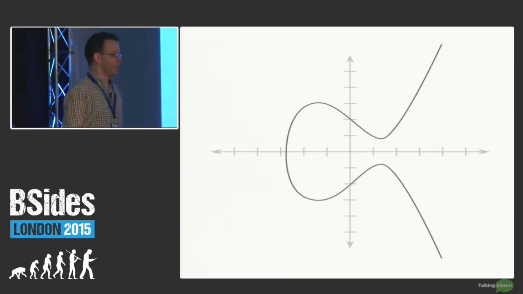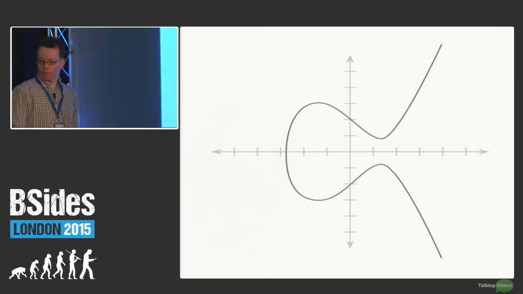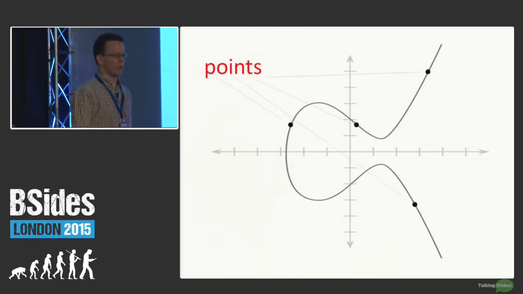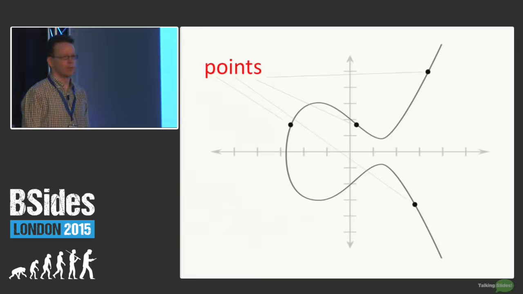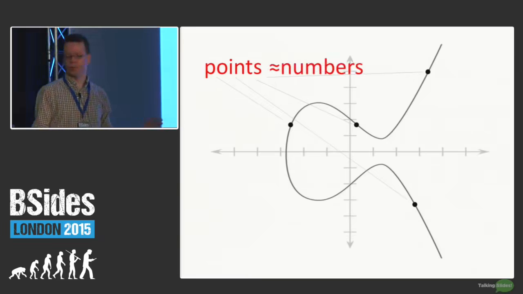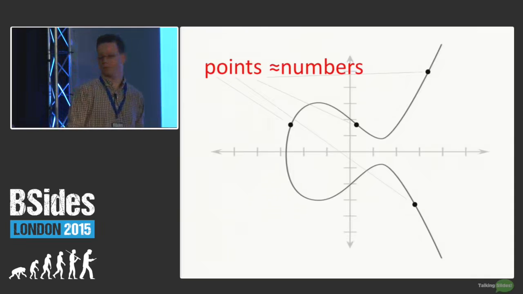What is more important is to know that an elliptic curve is something that looks kind of like this. You see the curve, and you see the x and the y-axis in the background. And on this curve, there are a very large number of points. And it's these points that play a role. Now, computers can easily represent these points by their coordinates or just by numbers. And in this talk, I will assume that points are numbers. And this is more or less true. That's one of those details that matter a lot, because that's where you could make mistakes. But I'll just assume that a point is represented by, and represents, a number.